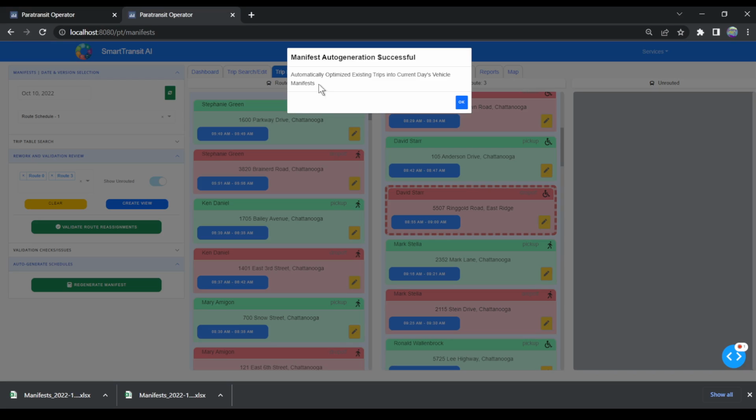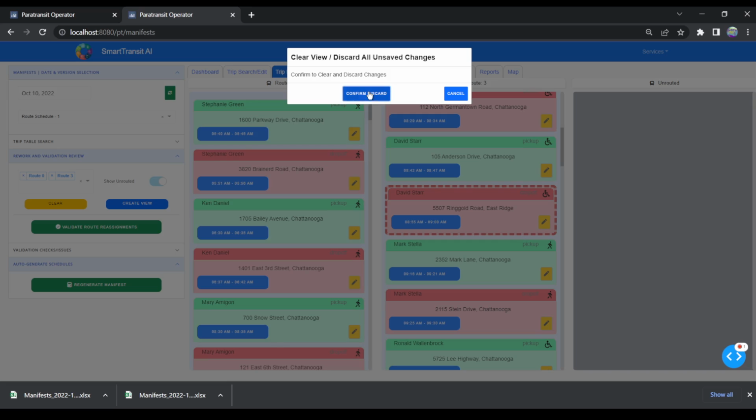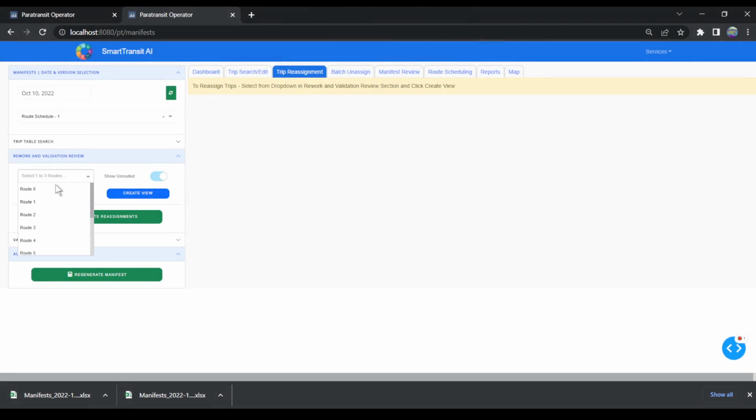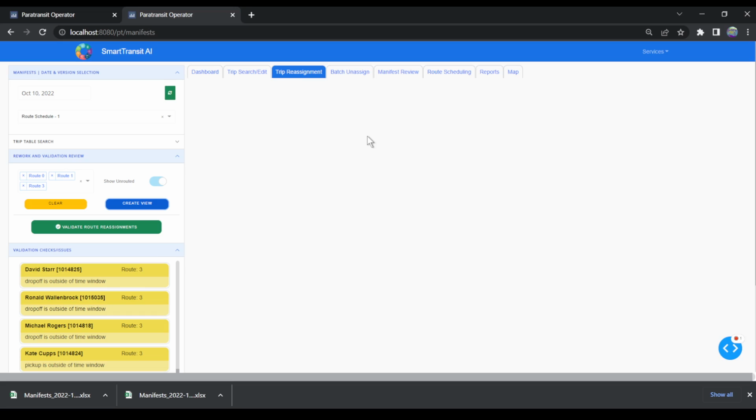So now it gives a response showing that the auto regeneration was successful. So then I can come in and look at different routes I want to look at, and based on this optimal process, I might do some manual changes if